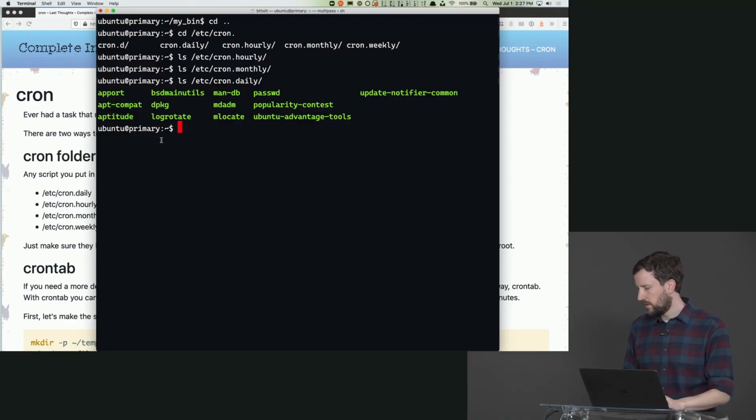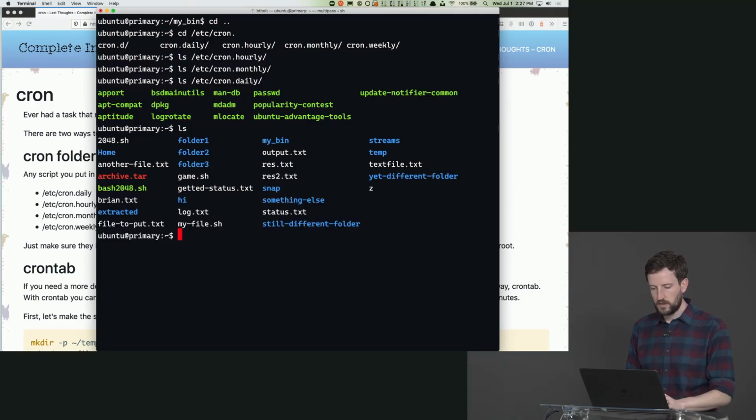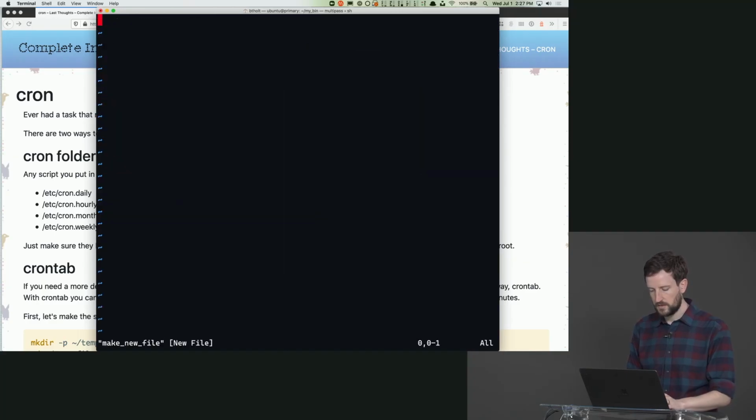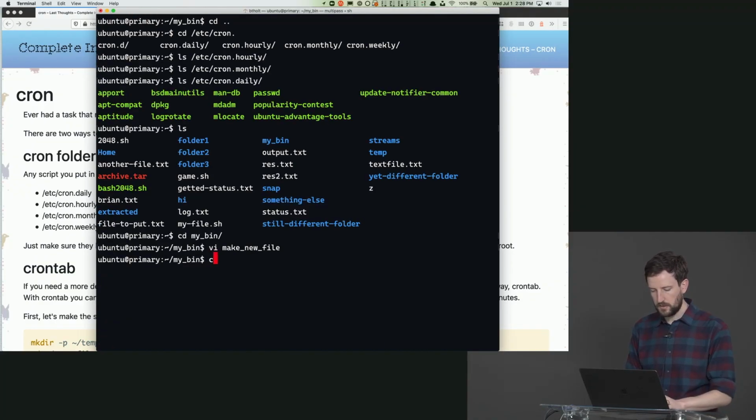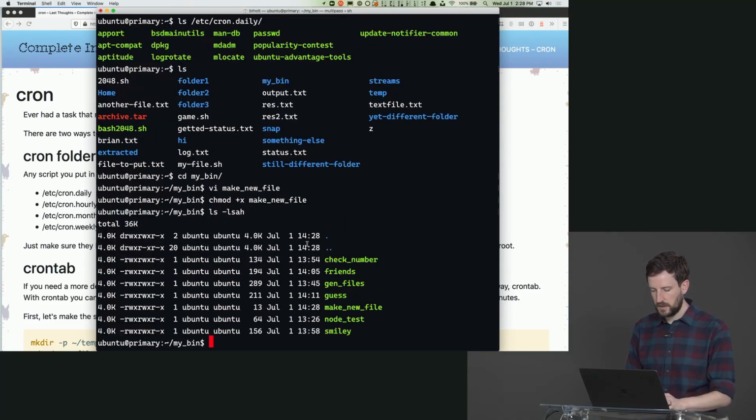All right, so let's go into our my bin again, and let's make a new file in here. We'll call it make-new-file, with vi. And I'm going to put in here my hashbang, /bin/bash, and I'm going to chmod +x make-new-file. Okay, so now I have this make-new-file,